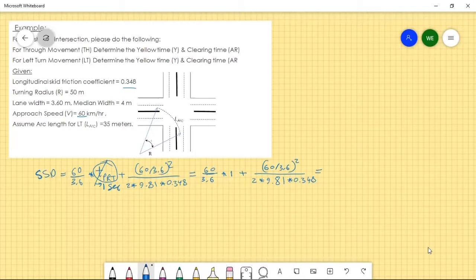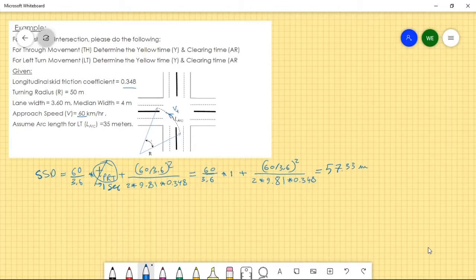So let's calculate this. It's 60 divided by 3.6. This would be 16.67. So it's 57.35 meters. Let's calculate the turning speed,